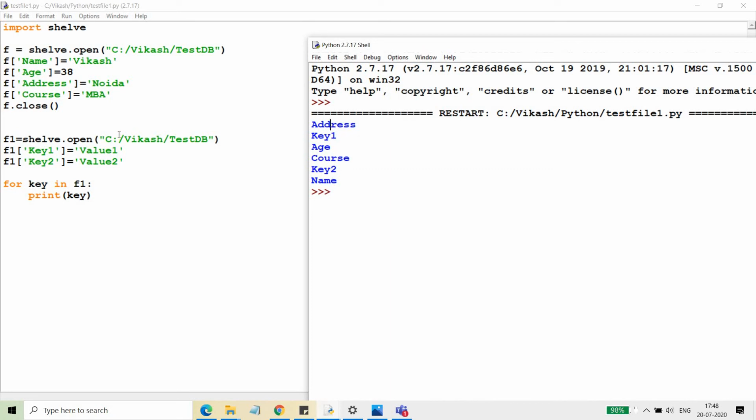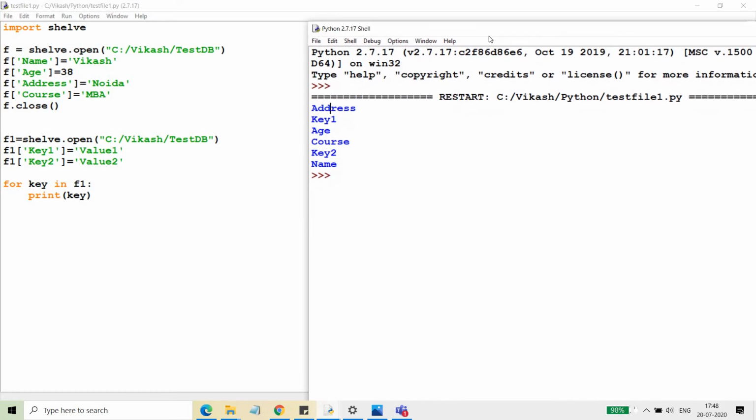This is because the shelf doesn't open the file in write mode, or it doesn't overwrite any of the files that you've already created. It will just append the values to it. The key value pairs will be appended to it. You can say it's always in append mode with read and write both operations available, right? You can say like that for the shelves, right?